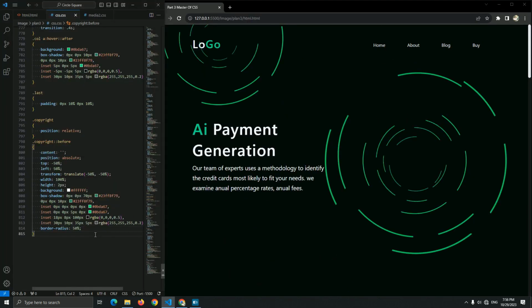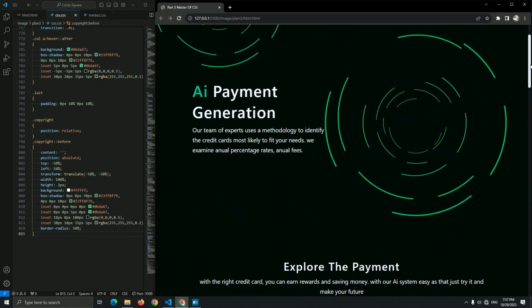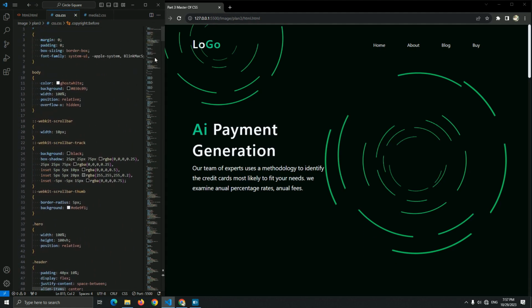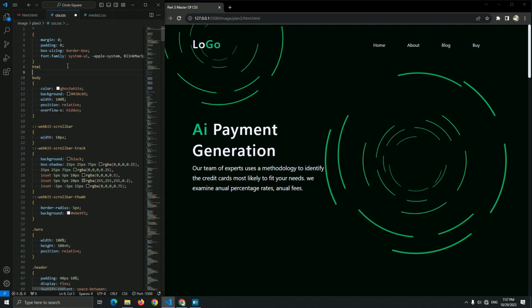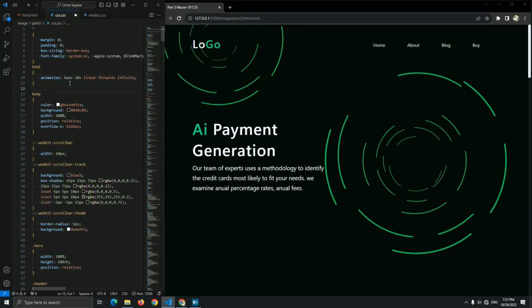Okay guys, I start on changing color of this website with one simple code, and we don't need JavaScript, we just go in CSS. First I just need to create HTML to add animation inside it. So HTML, let me add animation and let me name it hue 30 seconds linear forwards infinite. Okay, this is animation. Now let me add a keyframes to show you what you need to create this animation.